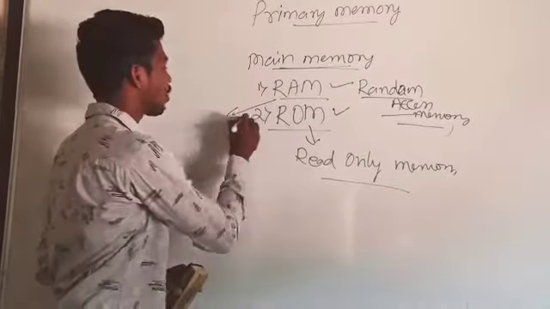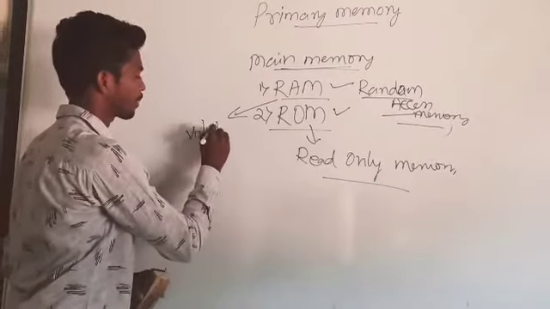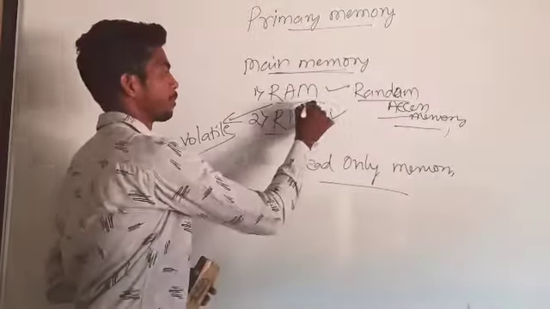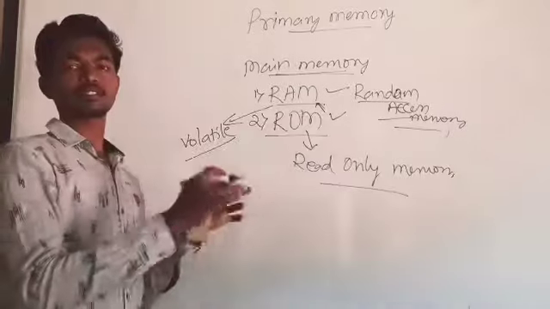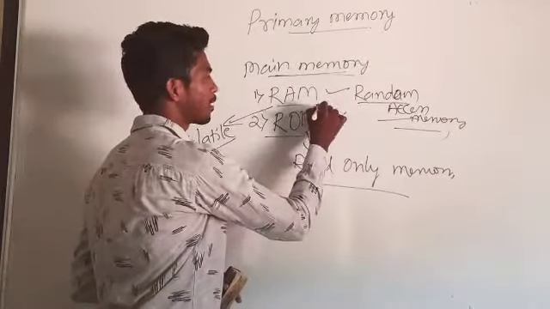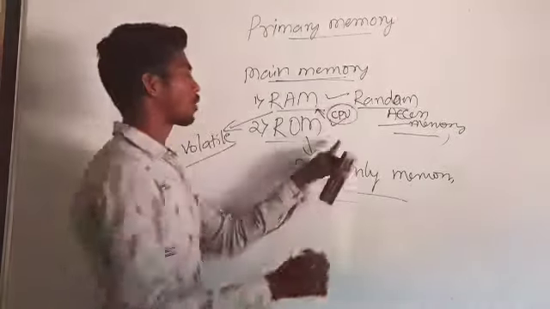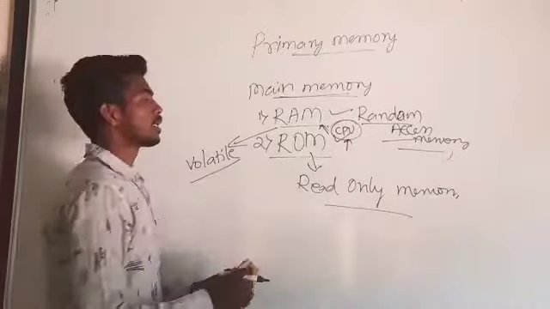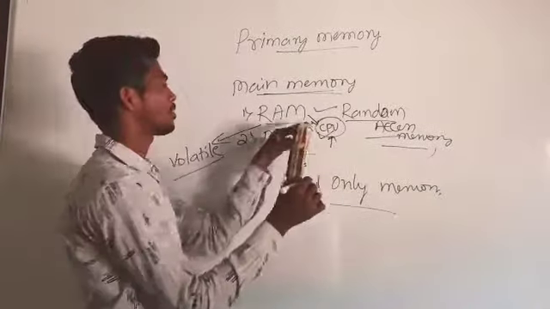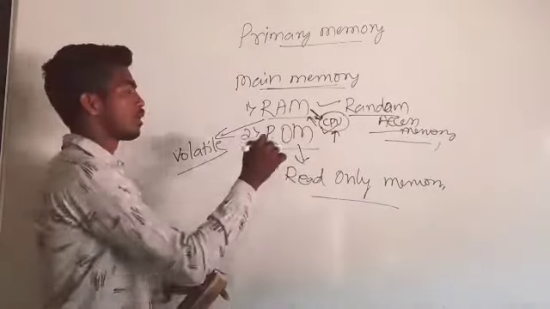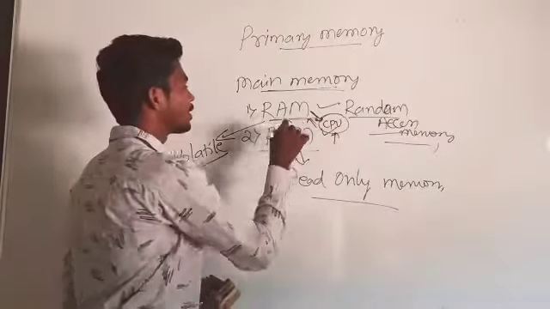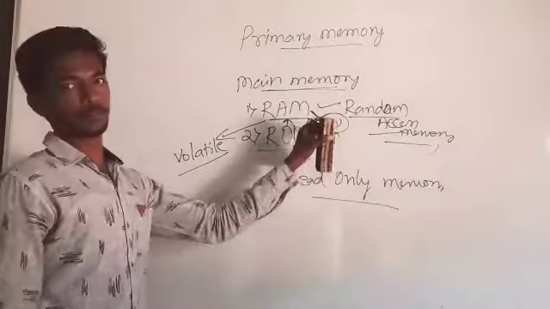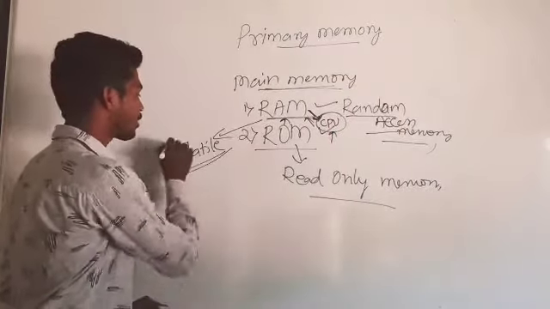RAM is also called a volatile memory, because when we use the RAM with the CPU, it increases the processing speed of the CPU. Any data and instructions needed by the CPU are directly provided from the RAM to the CPU, so the speed of the RAM directly affects the speed of the CPU. That's why we call it volatile.